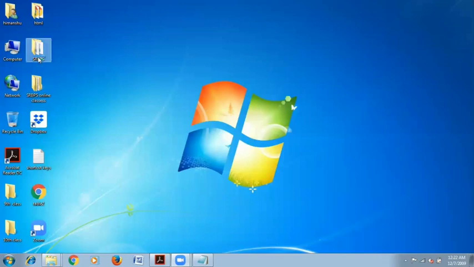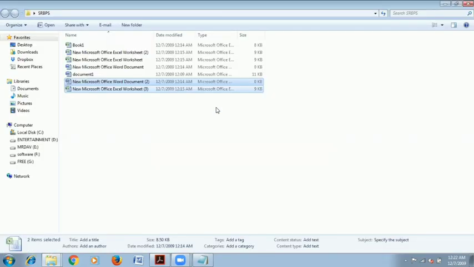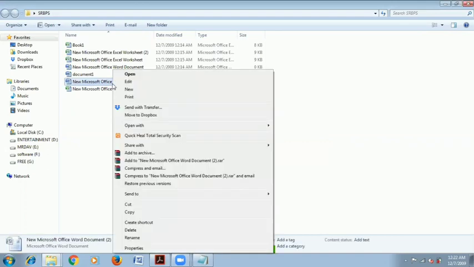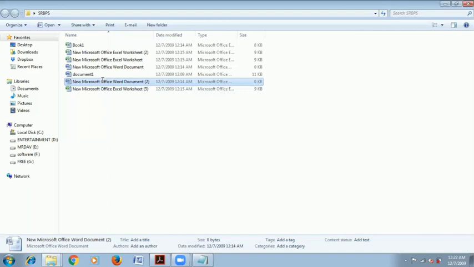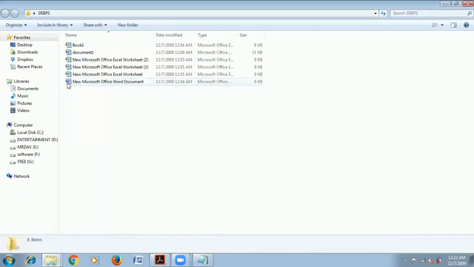now I wanted to delete my file directly from my computer system. I don't want my file to be in that recycle bin. So for that purpose, what can I do is just select your file, press shift plus delete and press yes. It will permanently delete your file from your system.